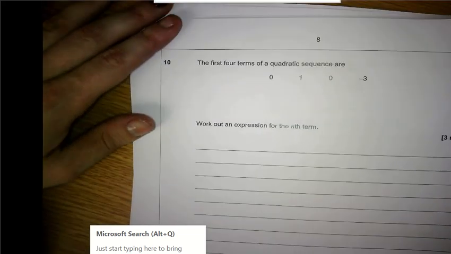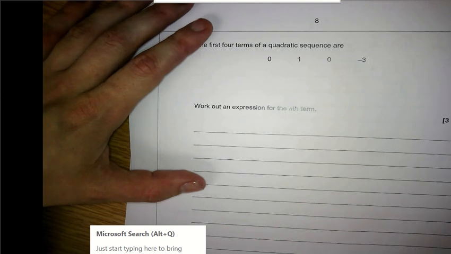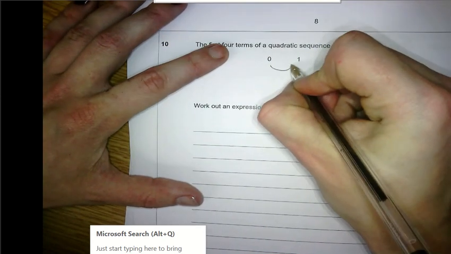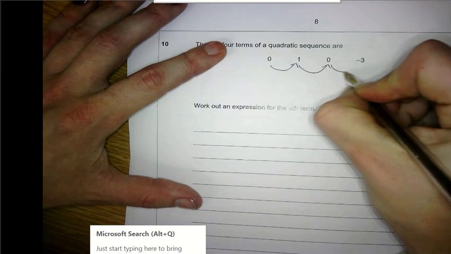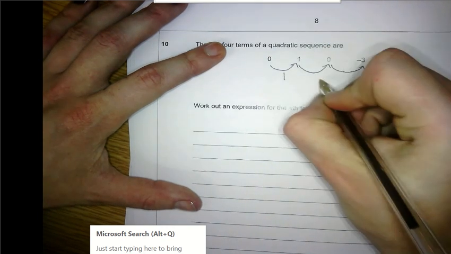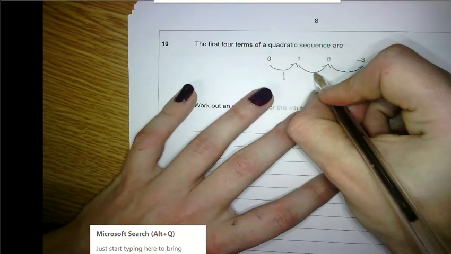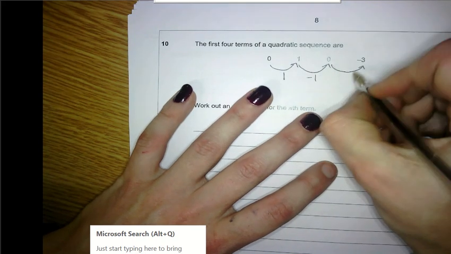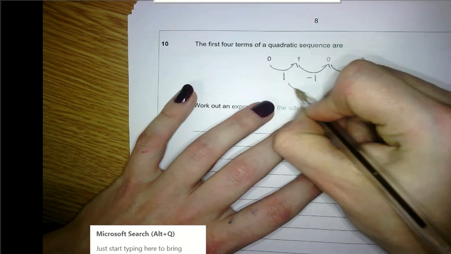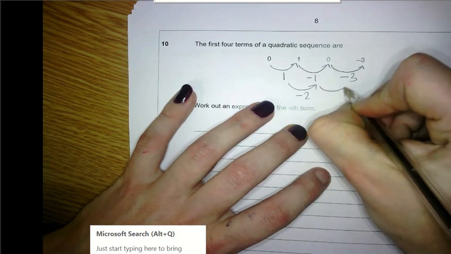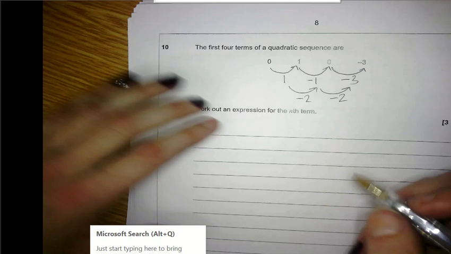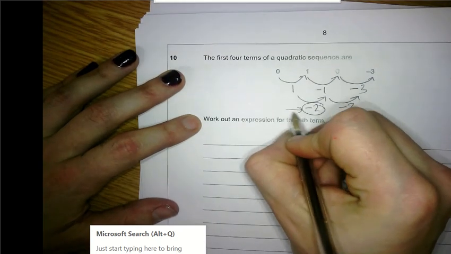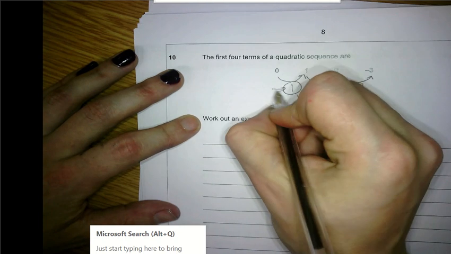Okay, question 10. The first four terms of a quadratic sequence are this. Work out an expression for the nth term. I'm going to show both methods. From 1 to 0 is negative 1. 0 to negative 3 is negative 3. Subtract 2. Subtract 2. So the first method I'll show is this method, where this is 2a, this is 3a